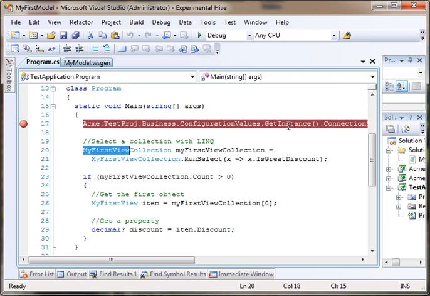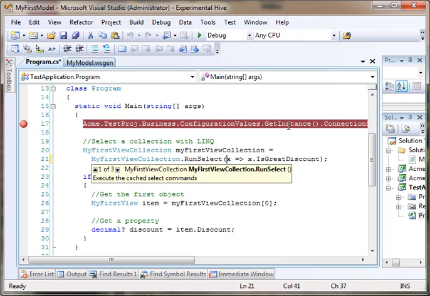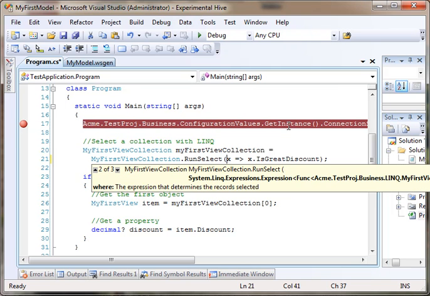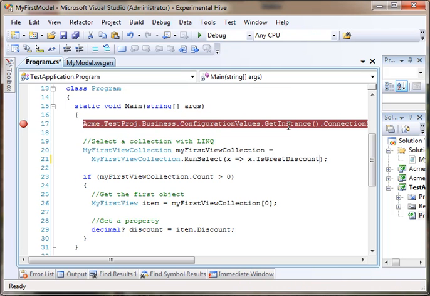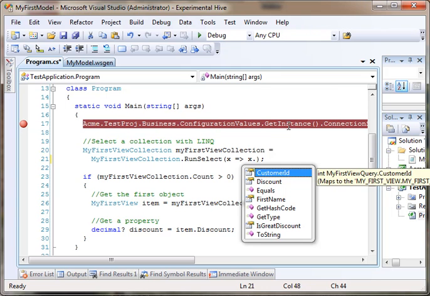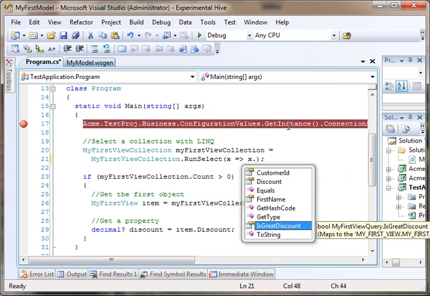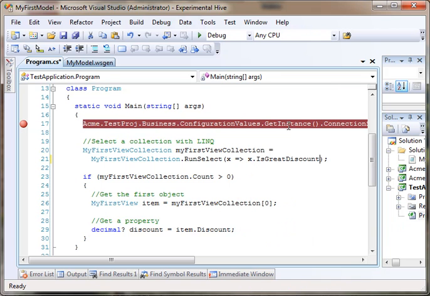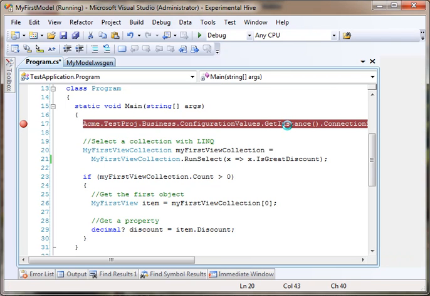So I can just write a LINQ statement, and there's a static method run select on the view just like there is on tables. So I can select everything out of the view, or there's a where statement inside of the view. And as you'll notice, this is all strongly typed. I can come into here, and these are the exact fields that I've typed into my view: customer ID, first name, isGreatDiscount, and discount. So I'm just going to come through here and say if there is an object inside of the collection to get it. We can actually run this,